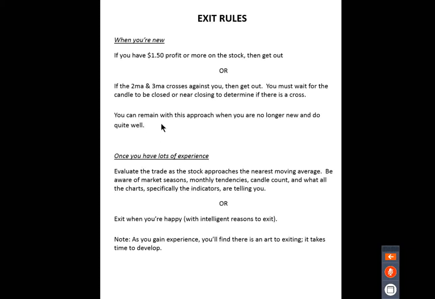What do I mean by well? You can make $1 million a year taking $1.50 profit again and again and again and again. Okay, you don't need to sit back and say, I've got to get the 40% ROIs on options. That's ego talking. When you make your mortgage payment, when you make your rent payment, when you go to get food to go,